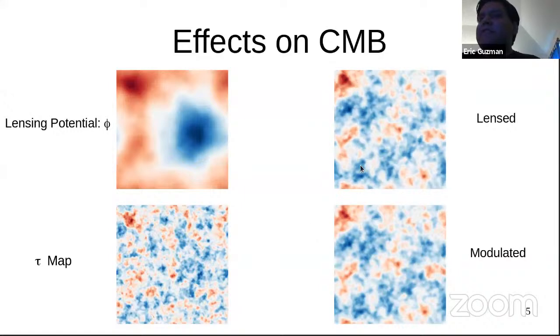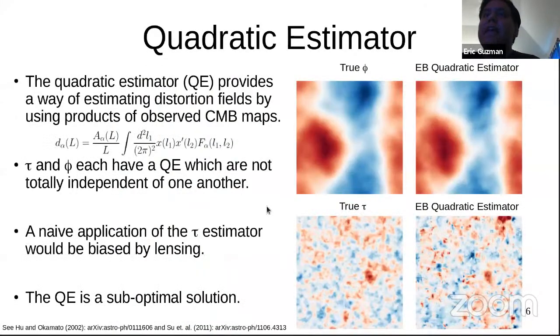So I go from unlensed and modulated to lensed modulated. I go back and forth. You can see that some spots become bigger, some spots become smaller. Here, some spots become brighter, some become dimmer. So those are the effects on the CMB. So from these effects, we'll try to reconstruct these fields that are causing them. And so our network is a tool to go beyond the current standard method.